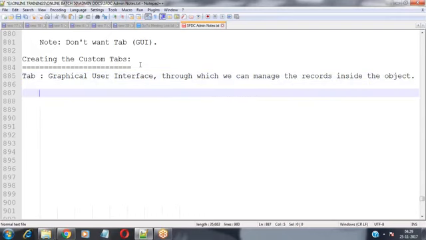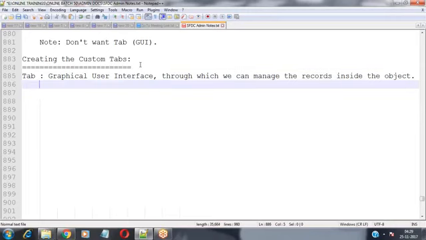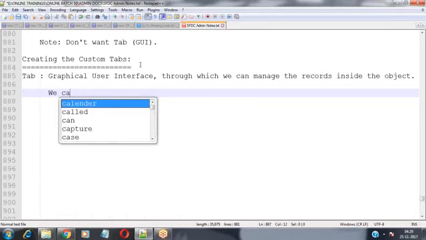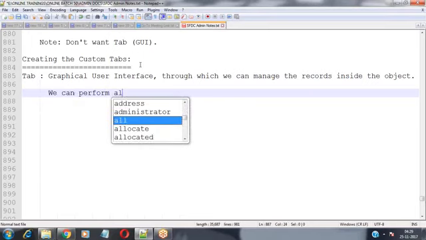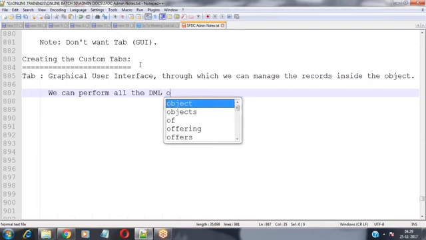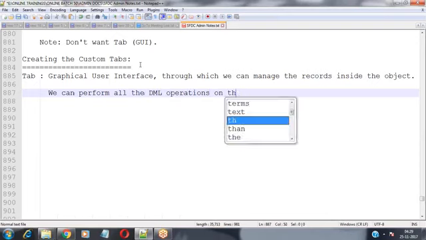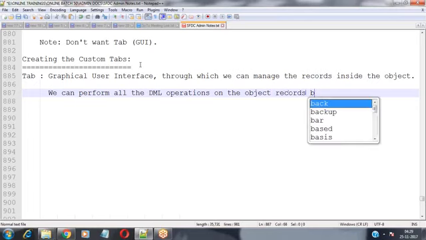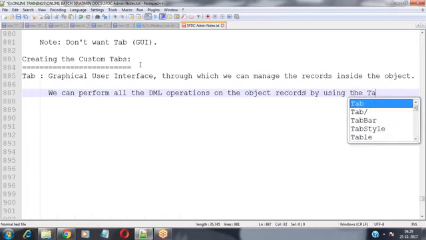Managing, in the sense, means we can perform all the DML operations on the object records by using the tab.